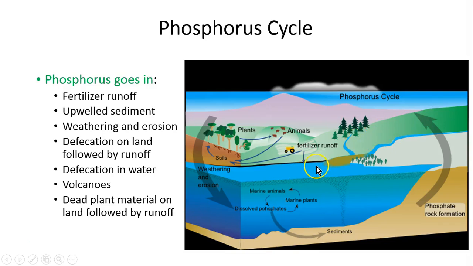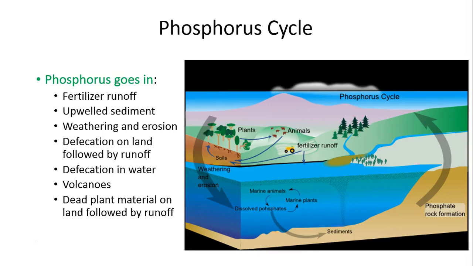Weathering and erosion on land, defecation on land by organisms that have consumed phosphorus, that have phosphorus in their bodies. When they poop it out, it goes into the water by way of runoff. Volcanoes will add phosphorus, and dead plant materials that are then washed away into the ocean also are a source